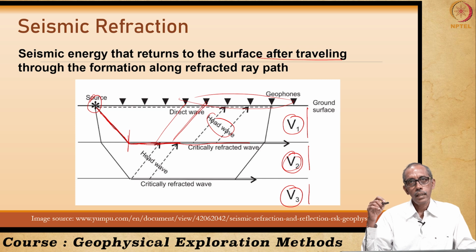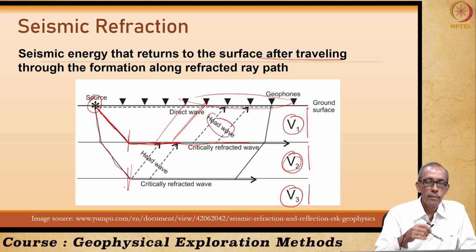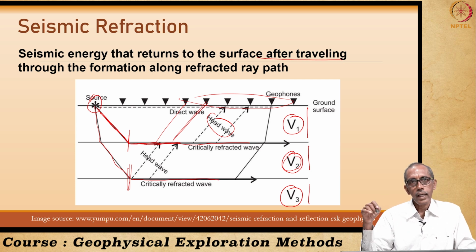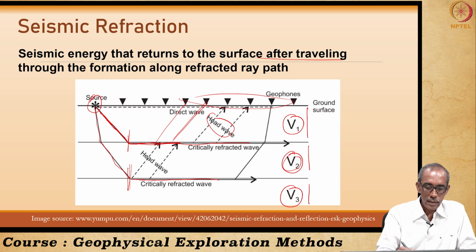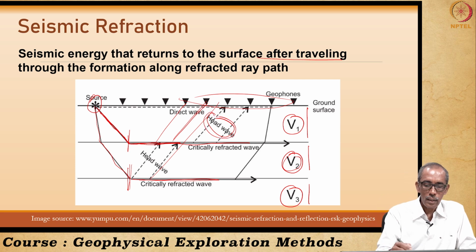wave, right. Similarly, some signals get refracted and meet the next layer at critical angle, right. Here at critical angle it meets the next layer. So, in the second interface it is getting critically refracted, that means total internal refraction, and this signal is also heard by the geophone at the ground surface. So, head waves are created in all the layers.